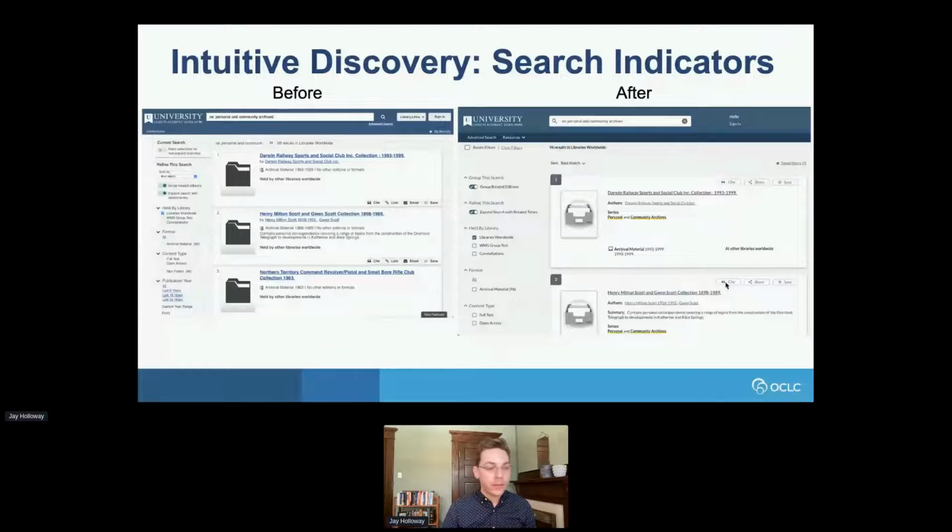The first for intuitive discovery is search indicators. So in the previous interface, I did a search for a series statement, personal and community archives. And on the left-hand side was the previous experience, where it's difficult to tell why that search result came back. And on the right-hand side, we conditionally promote metadata to the search results when it matches the search terms. So for this example, the terms personal and community archives aren't present in the title or author or other terms that we always display in the search results. So we pulled up the series statement to give the user a better indication as to why the search results